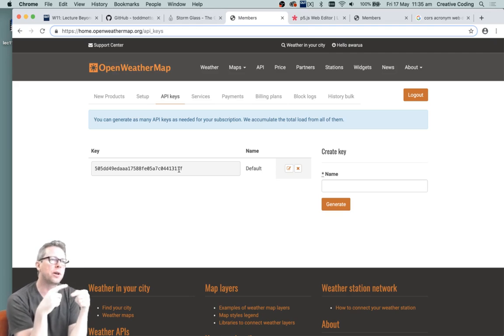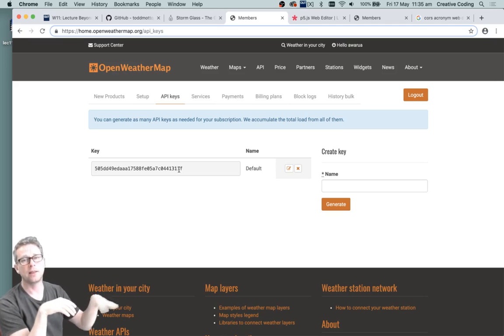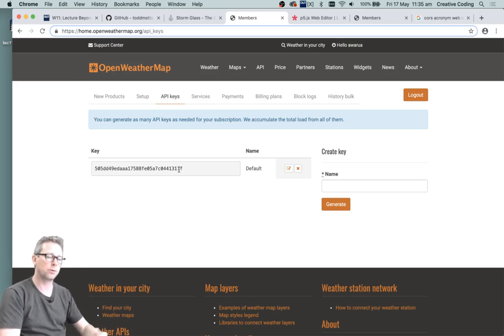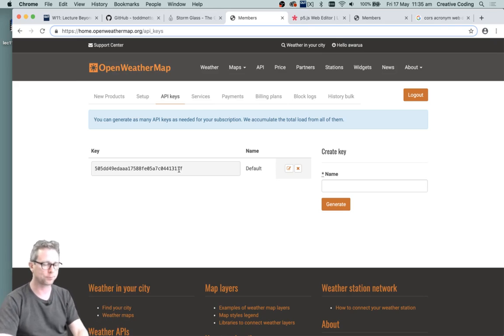But you should also be aware that if you're using JavaScript, it's pretty hard to keep a secret. If anyone comes to your website, they can find out what your API key is by looking at the source code of your JavaScript file. Anyway,